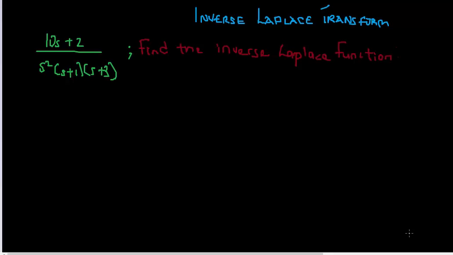Hi, so today we're going to be talking about inverse Laplace transform, and we're given this particular function. We have to find the inverse. So to do this, I'm going to break this down. I have A over s, that's the denominator. I'm trying to simplify the denominator, plus B over s squared